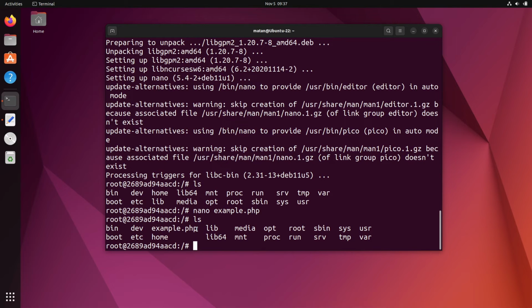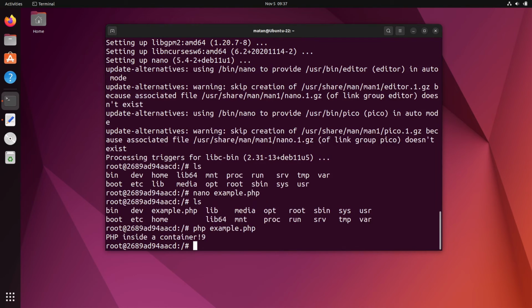Let's now run this file using PHP. So PHP and then the name of the file. And we got the expected result, which means that PHP works just fine within this container. The thing is that the file we just created is only available within this specific container and won't be persistent across containers. So if I now close this specific container